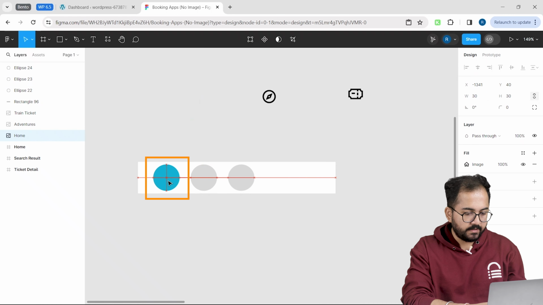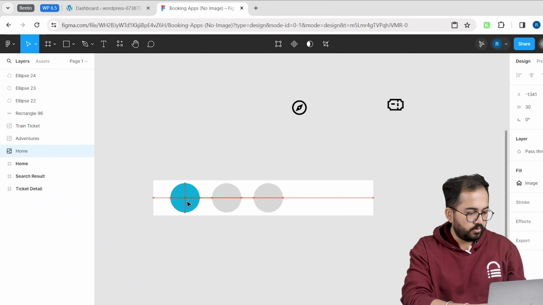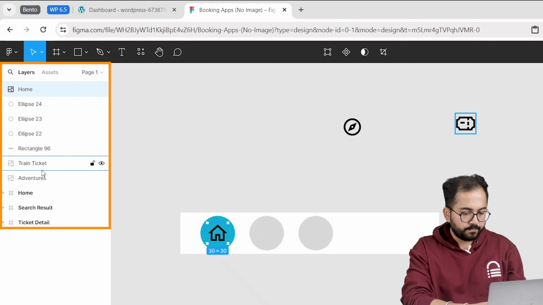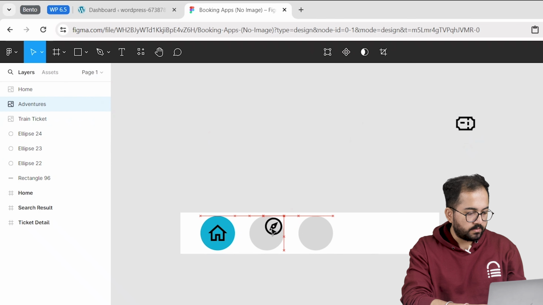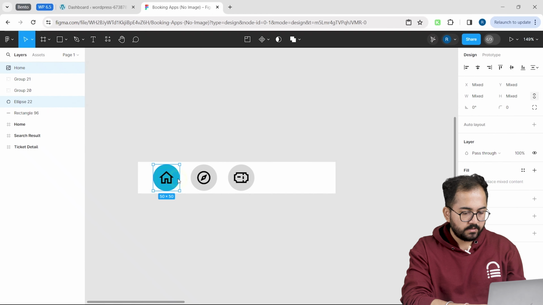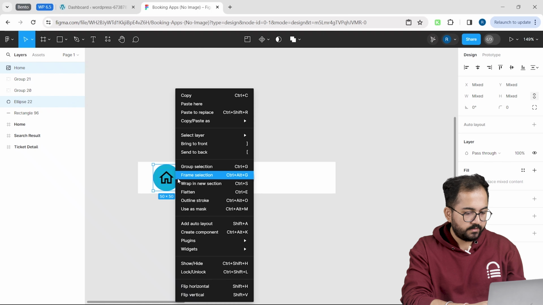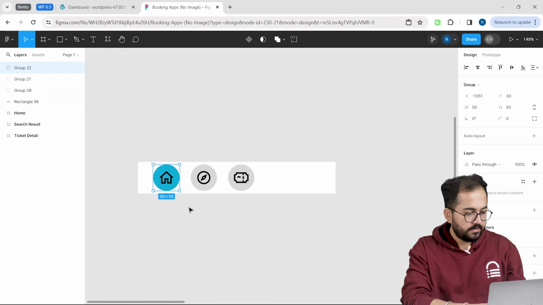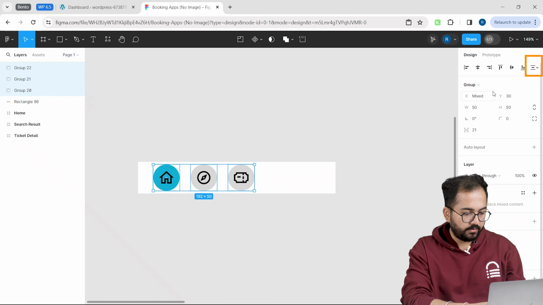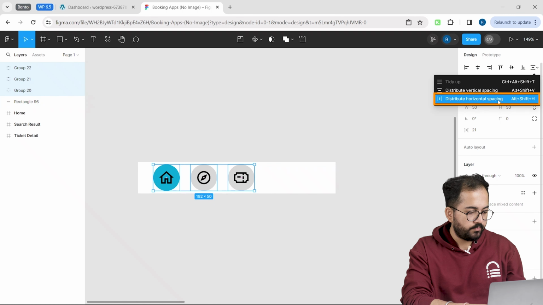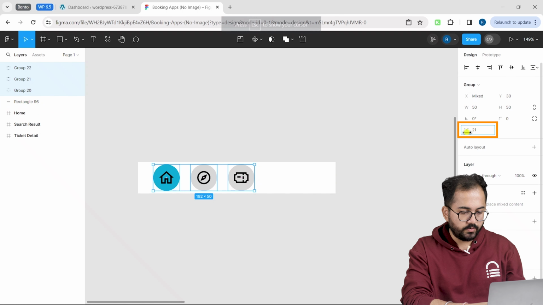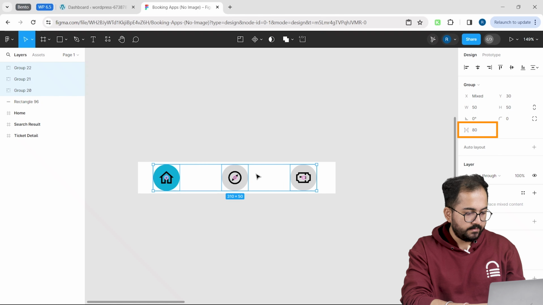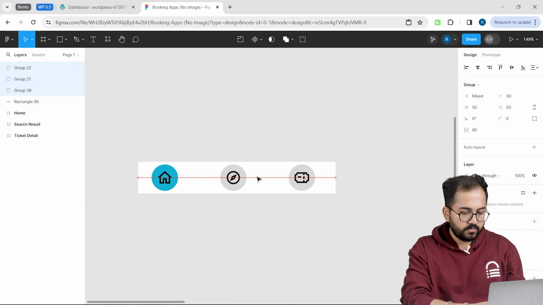Now as you can see, the icon is not visible, so let's go to the layers panel on the left and drag these icons to the top. Let's also bring these icons to gray circles and then hold shift, right click to create 3 groups like this. Once that's done, I'll select these 3 icons, go to the top right and select distribute horizontal spacing. Just go here, set the spacing to 80 and then drag the icons like this to set them perfectly to